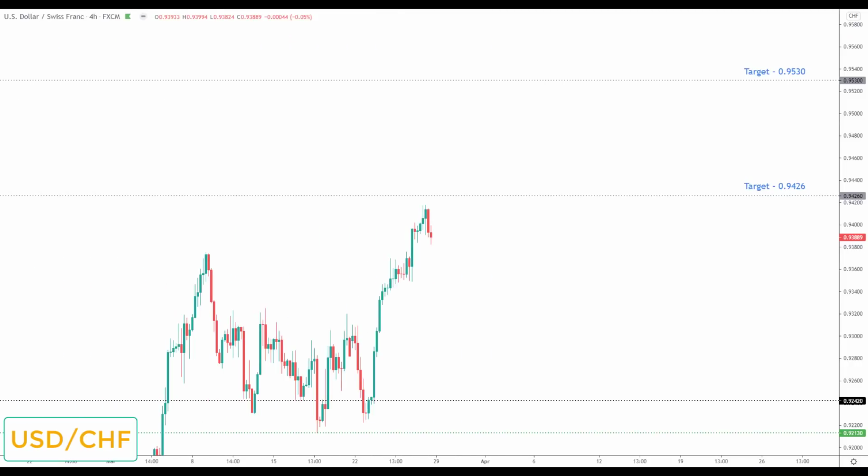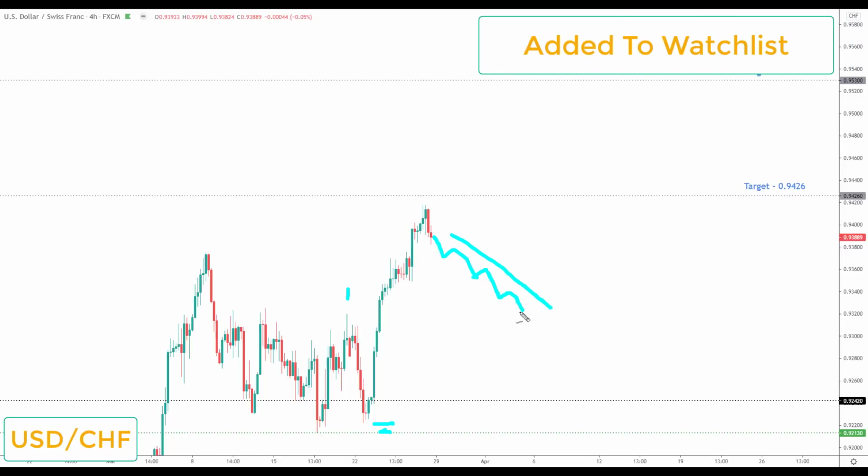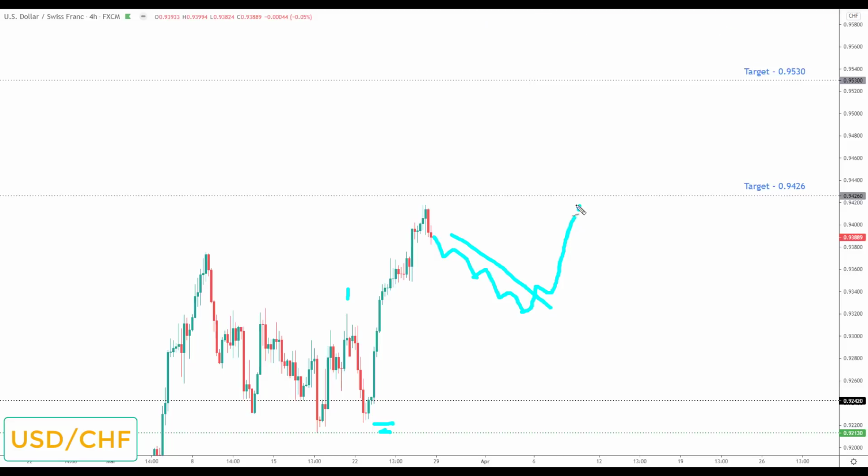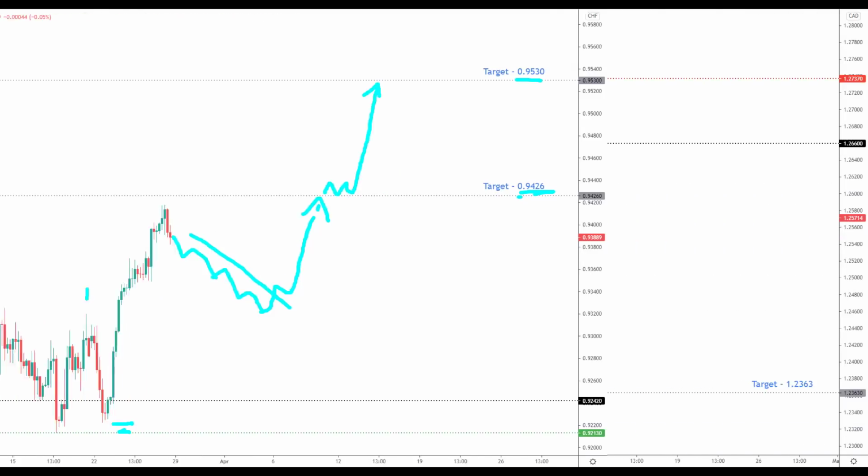Next is US dollar Swiss franc. US dollar Swiss franc is also showing this kind of setup where we have 1, 2, and then a 3rd wave, and it looks like we're due a 4th wave for a 5th wave up. So any correction, especially if we don't take out the target first at 0.94260, any correction in this market next week will be viewed as an opportunity to look for bullish reversals up towards the next key of resistance to the upside and the target set at the 0.9426. And if we can get a break through here, we're going to be looking up to target 2 at the 0.9530.